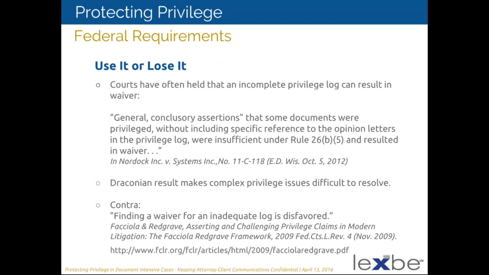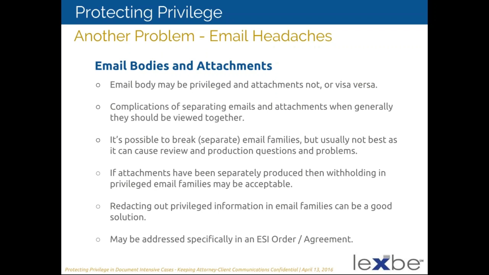Another problem that we have in how to do privilege logging is email chains, and that can be a fairly complicated issue, because there's a couple different types of chains. One part is where you've got separate emails that could be brought together as part of a chain, and that can be complicated because they won't always stay in the same subject matters. People may keep the heading or the subject of a chain of emails that might be privileged, but it can wander off of the original topic, sometimes keeping the headers the same.